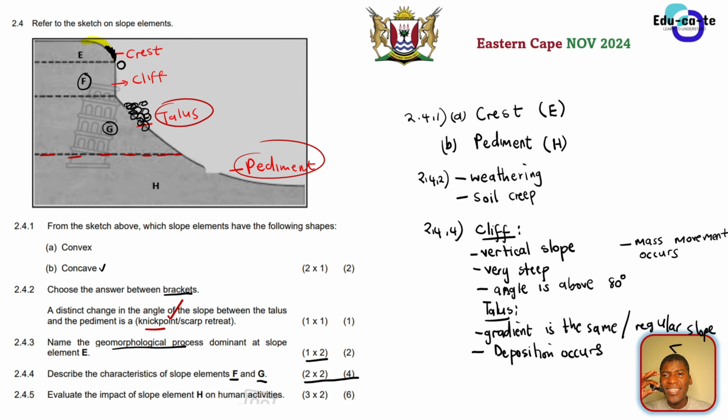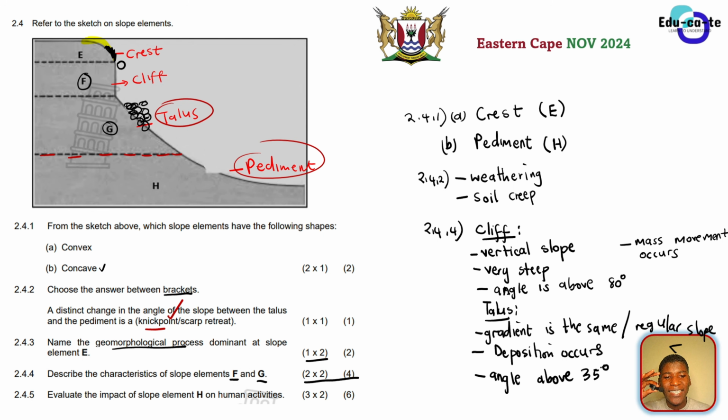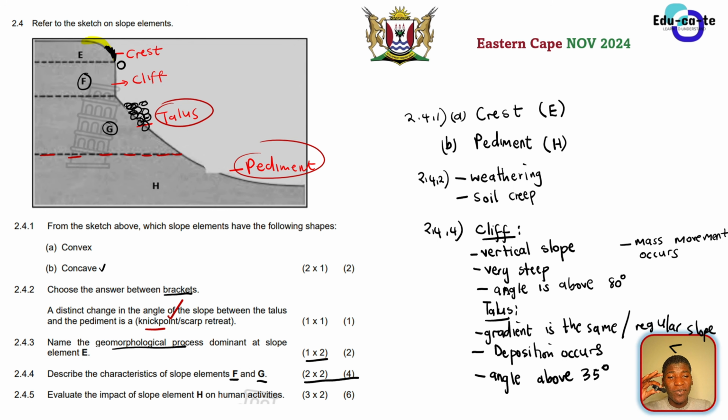There are many other things that you can talk about the talus. You can talk about the angle it makes. The angle made by the talus is somewhere around 35 degrees or something like that. I think it's above 35 degrees. I'm not sure, but that is not significant. We won't even explain where that angle is between what and what. Just know that the talus has got an angle of 35 degrees. This is not a maths class after all.